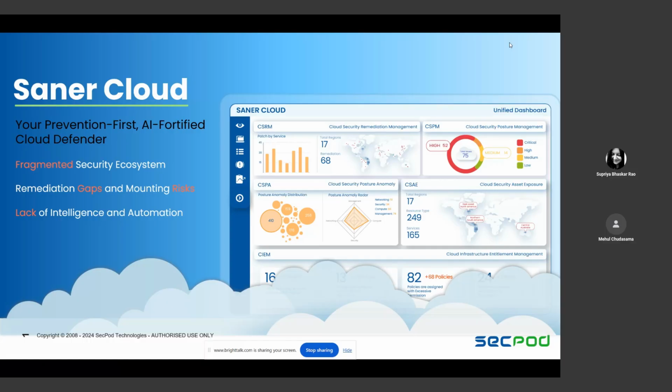At Saner, we have skilled engineers who have written automation scripts for remediating the anomalies and misconfigurations in your cloud infrastructure. One more